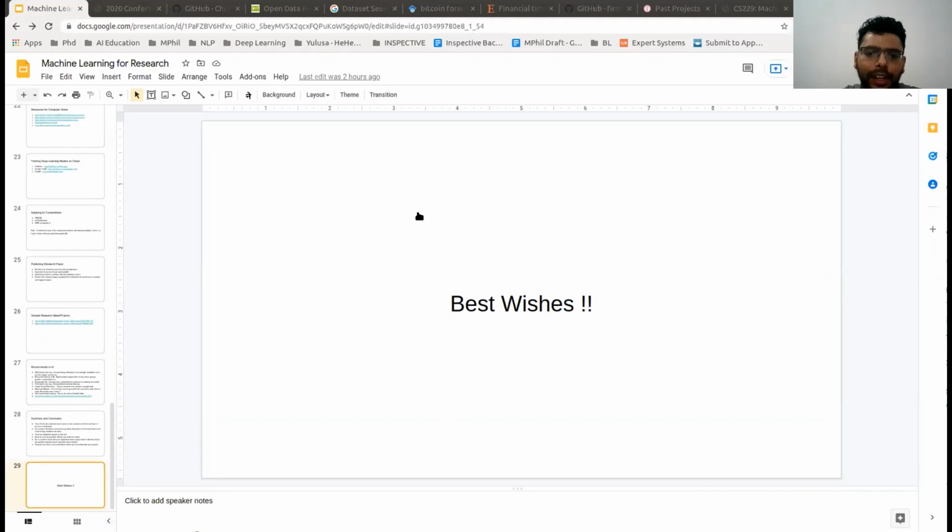Then, again, the PowerPoint slides. I'll be sharing this slide, so you can go and look at these materials. And if anyone has any questions related to the research, please don't send an email asking for any specific implementations. But if you want to look for specific directions for a research, you can email me, and I'll try my best to help you as much as I can.